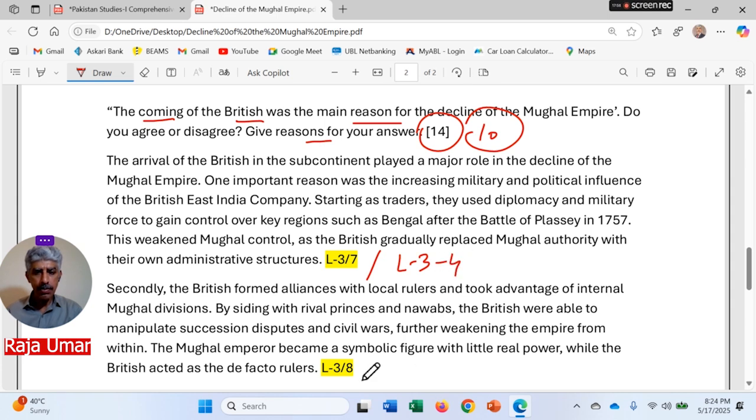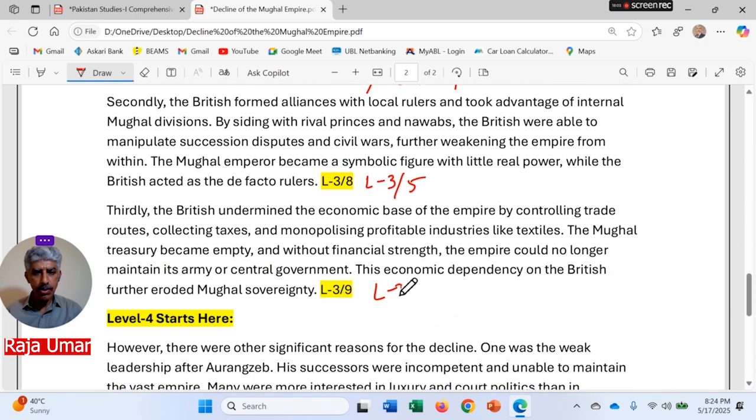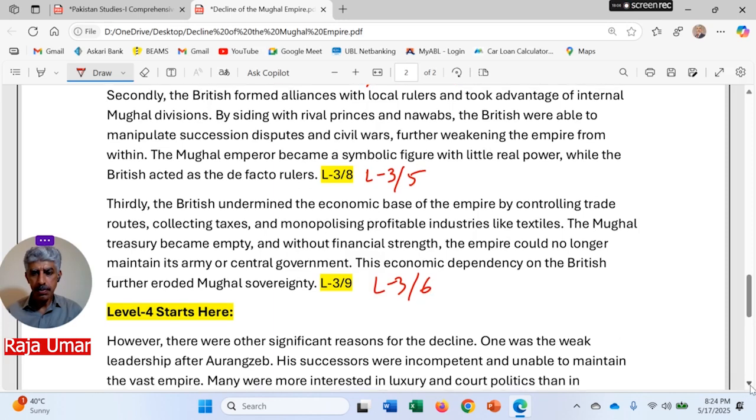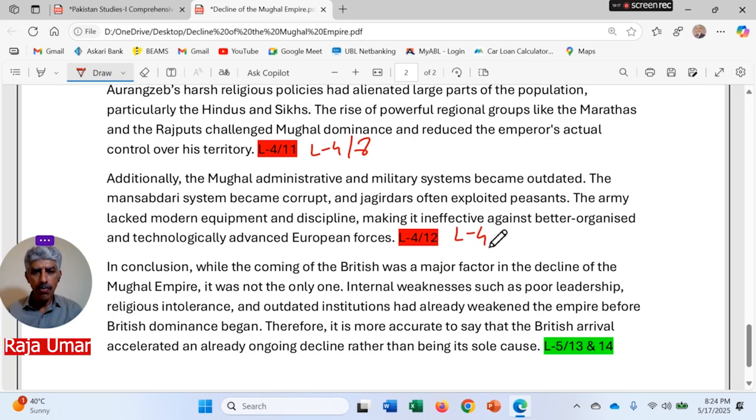4 marks, level 3, 5 marks, level 3, 6 marks, level 4, 7 marks, level 4, 8 marks, level 4, 9 marks, and you can write a smaller sort of evaluation, not the whole of this paragraph, but a small sentence, just one sentence up to this one, that will be level 5, 10th mark,